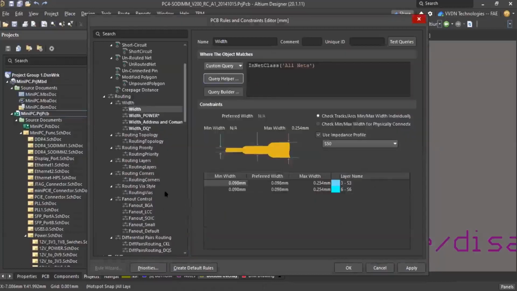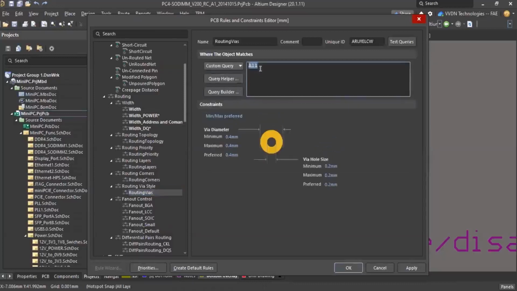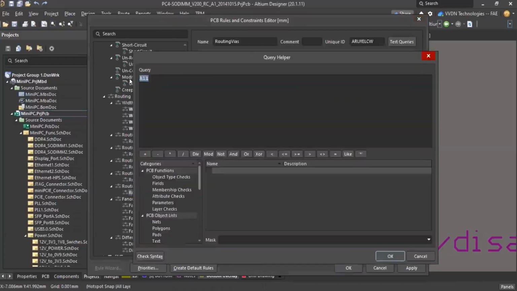The same way, suppose for routing vias, if you want to check the system query, only for a particular high-speed net class I want to use this micro via. So you can use in net class.